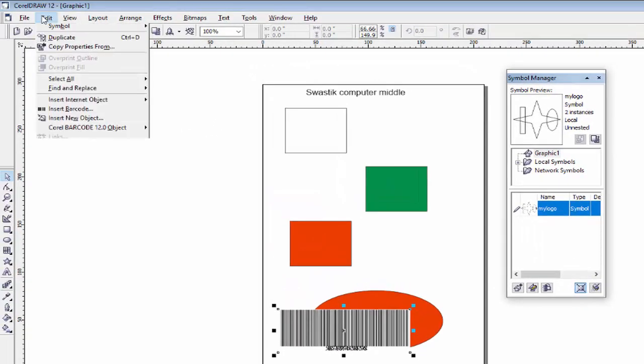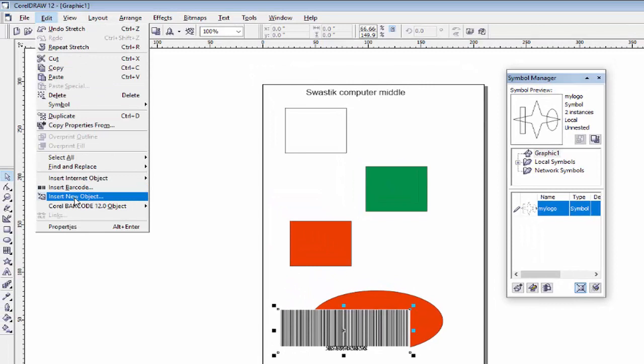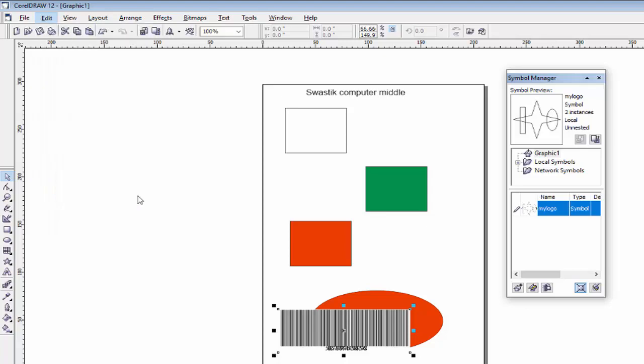So follow the last option, insert new object. After insert barcode, the last option is insert new object. If you want to insert other software in Corel, like Paint, or you want to open MS Word, click on this option, insert new object.